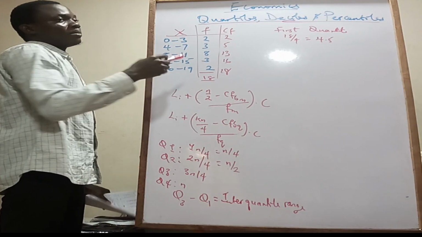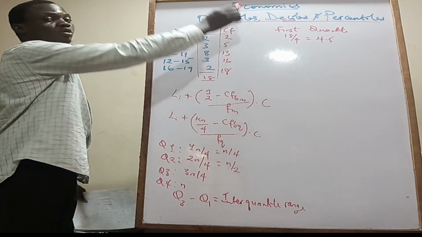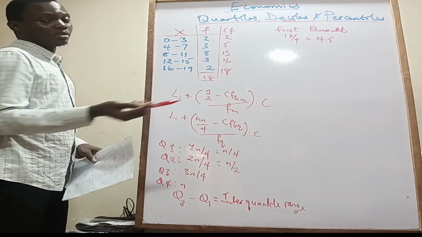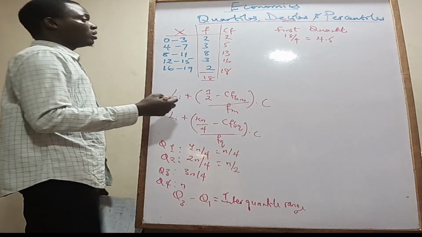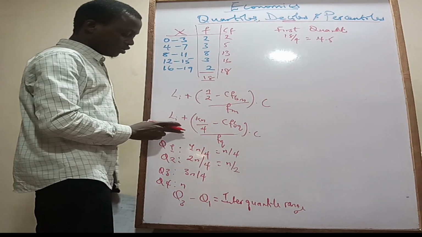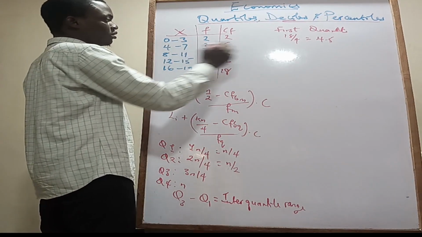Remember, if it was an exam, you'd have to create a new column for the class boundary. But this is not an exam, I'm just trying to let you know. So if you want to apply the formula for the first quartile, you're going to have 3.5